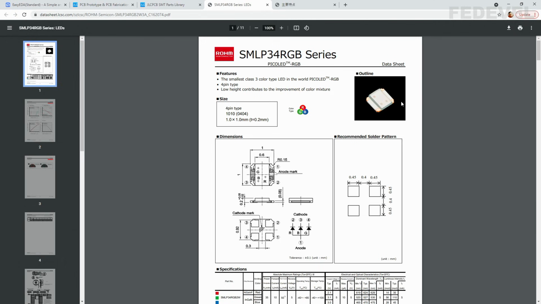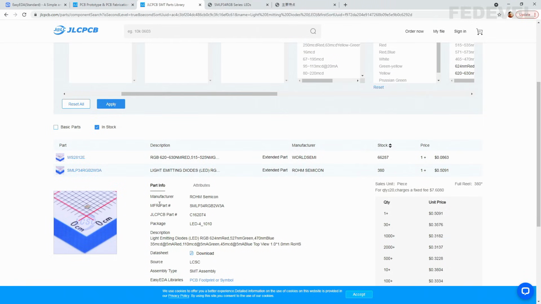Here you can see this is the component, this is the LED, and inside there are 3 LEDs. They have common anode, and then we can individually switch on or switch off these RGB LEDs inside of this component. Let's go back. We are going to copy the manufacturer part number. Just hover cursor here, left click, copy.